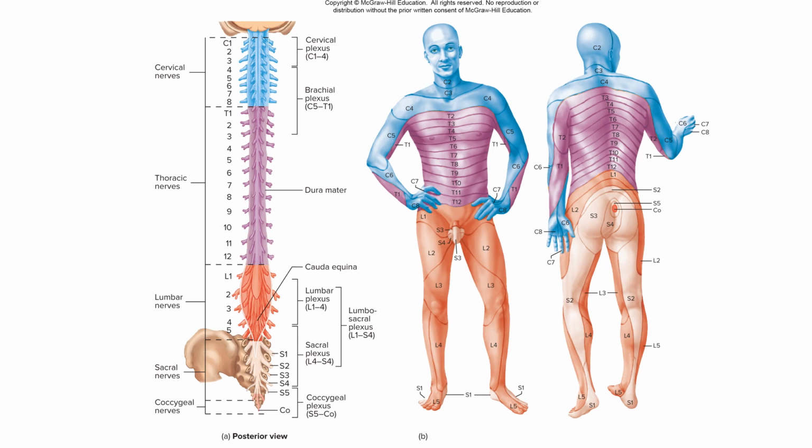Okay, so just please remember which levels of your vertebra are included in the different types of plexuses, like your cervical plexus, so which parts can be innervated by them. Okay,